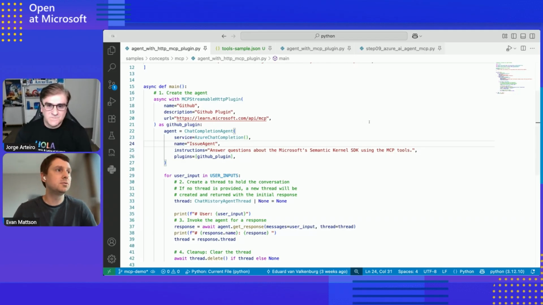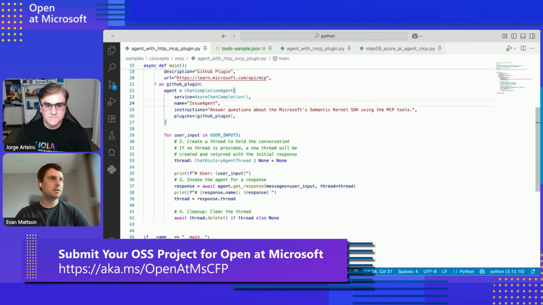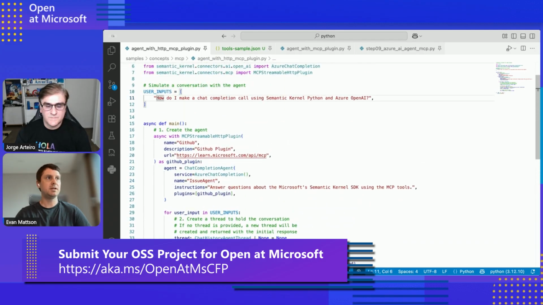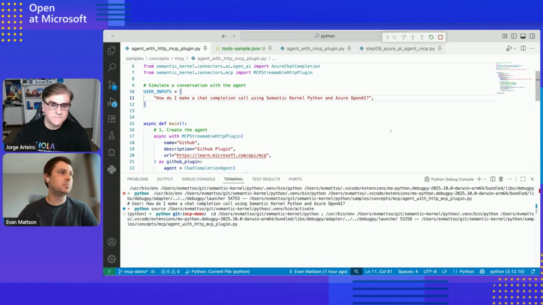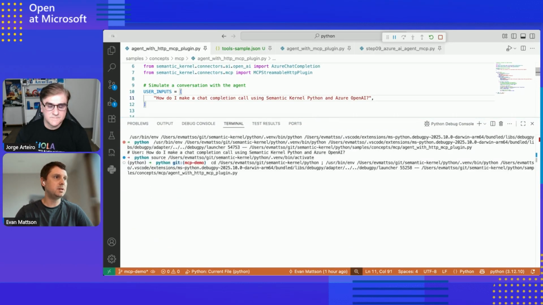Yeah, of course. So what we're doing, just asking a super simple question. The instructions are answer questions about Microsoft Semantic Kernel SDK using MCP. And then we're asking it here, how do I make a chat completion call using Semantic Kernel and OpenAI? So just run this quickly. It's going to spin up the MCP plugin. It's going to create the agent. And on the screen here, within a couple of seconds, we are going to see a response